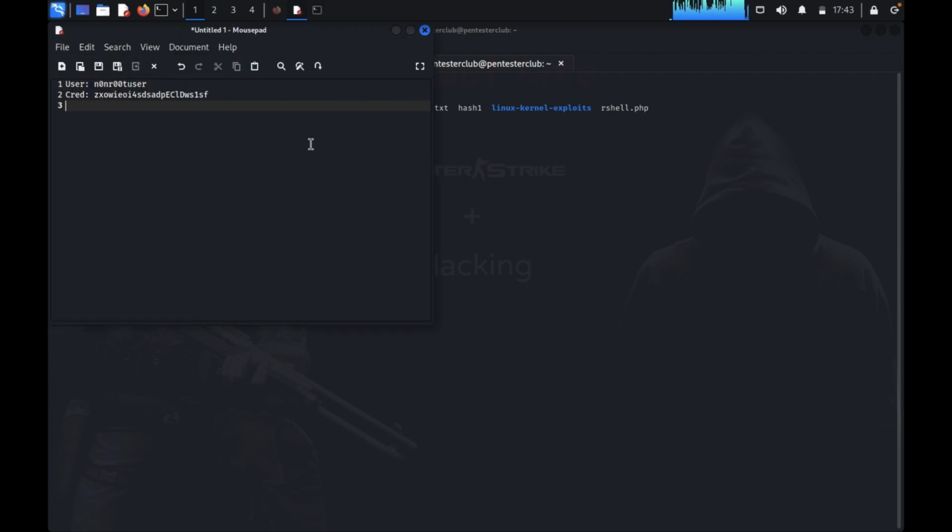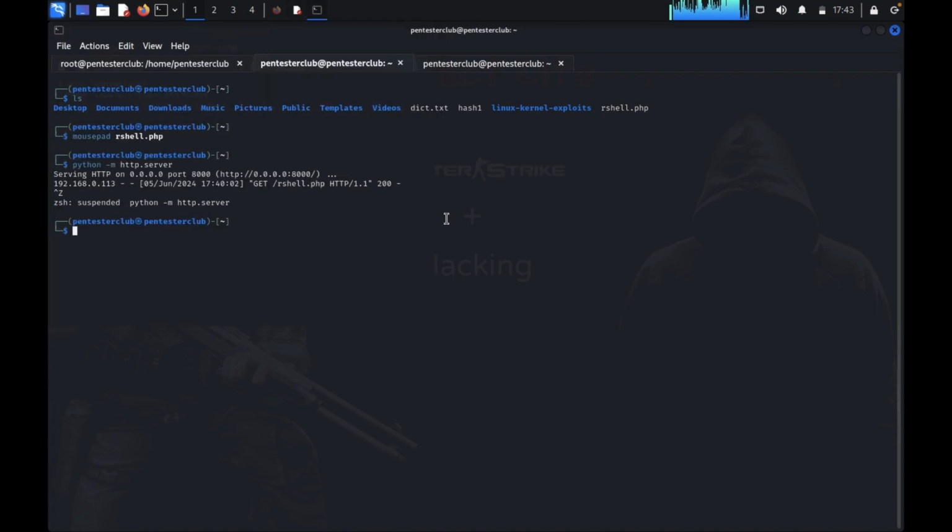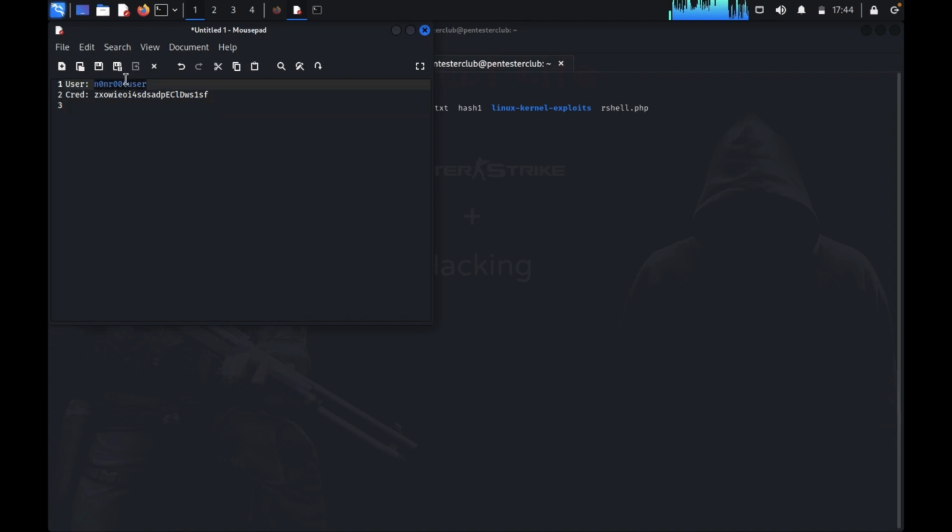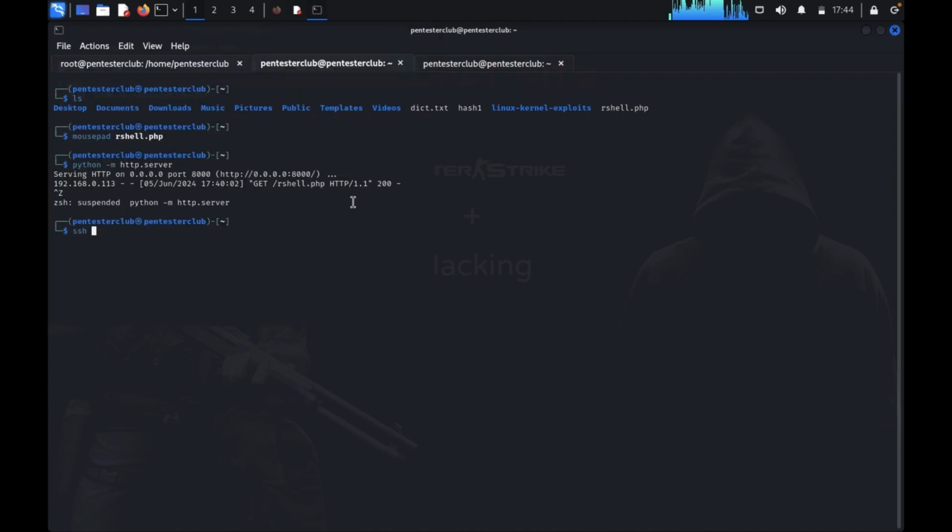Now just paste it. So now we would like to log in as such. The username is non-root user, just copy, come back and paste it, and enter your targeted IP address 0.113,